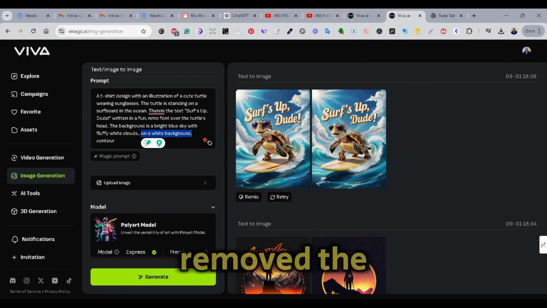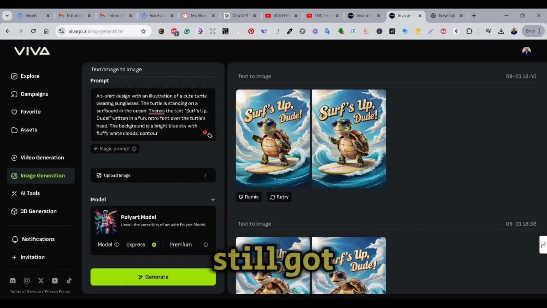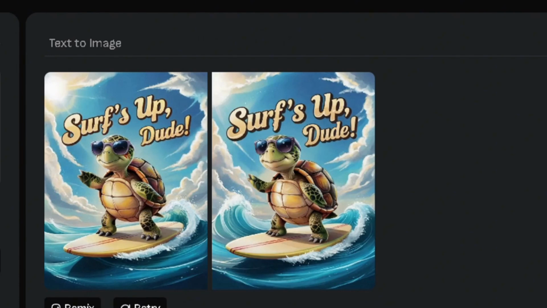So I removed the "on a white background" part to see how it's going to work, but I still added the word contour, and we still got a nice and cool design. But again, we cannot use it for print on demand. And again, I'm going through the process step by step to show you how you can enhance your prompt and your design to get the perfect output out of it, so that you can use it for print on demand